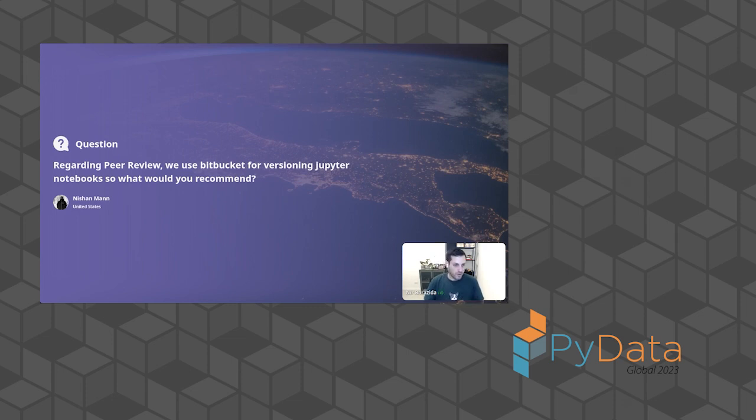Regarding peer review, we use Bitbucket for versioning Jupyter Notebooks. So what would you recommend? If you're using Bitbucket, I'm not really sure if they support notebook diffing. So what you can do is either take some open source tool that you can run locally and then use it for diffing. Also the tools that we're using, so NBDime, what we're using at DAGSUP under the hood, is